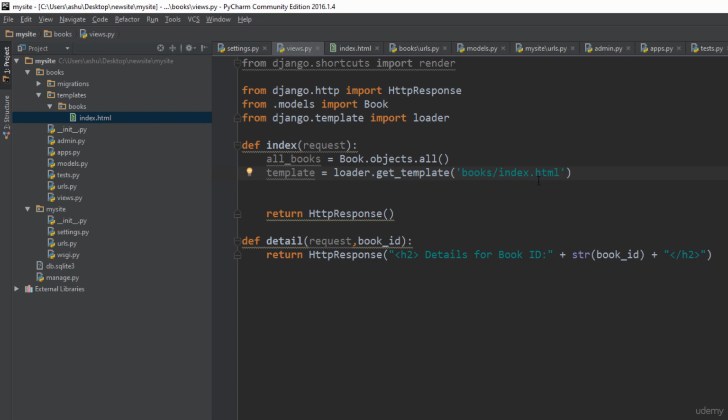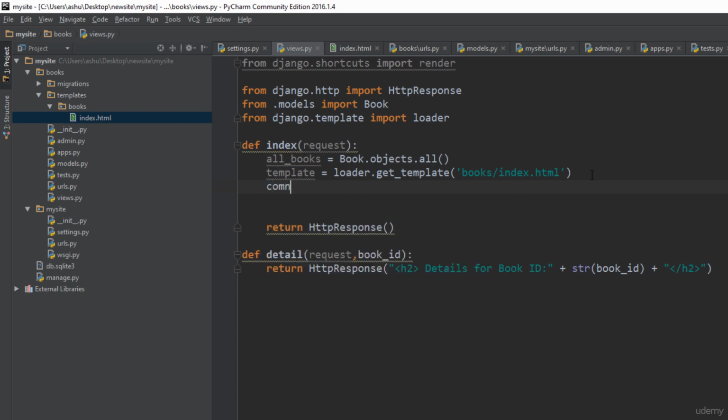Once you load this up, what you need to do is go ahead and create a context so that you can actually pass in the data. Right now the data of the database is present in all_books, so you need to pass this all_books as a context. You create a context here by typing context equal